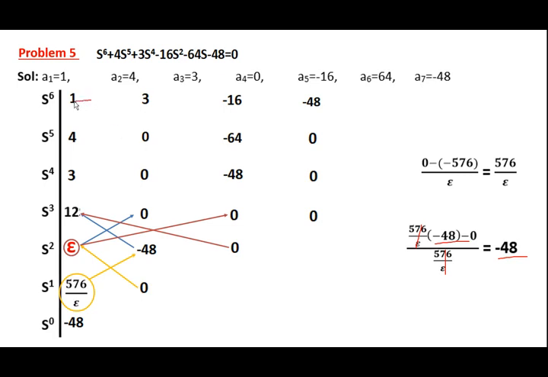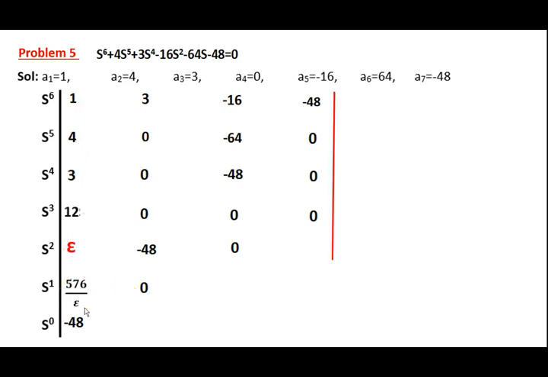So we got all the elements of the first column, but we didn't get the sign of this parameter because epsilon is a positive value. But in the second case, after substituting this epsilon, we didn't get the sign of this. So we need to substitute a value for epsilon. So we need to apply the limit for that. So consider this parameter 576 divided by epsilon. So apply the limits, substitute epsilon equal to 0 to that. You will get 576 divided by 0 is infinity, that is positive infinity.